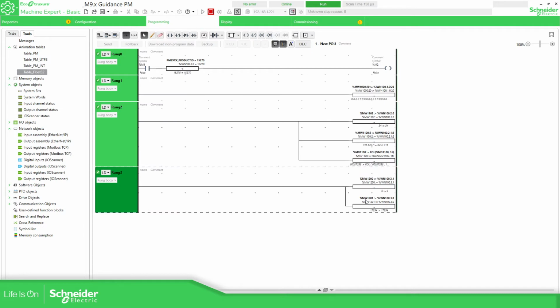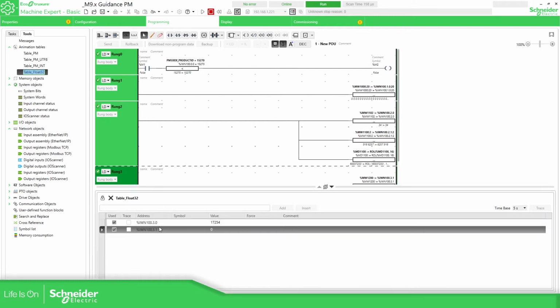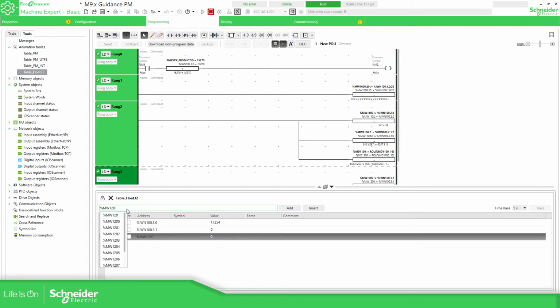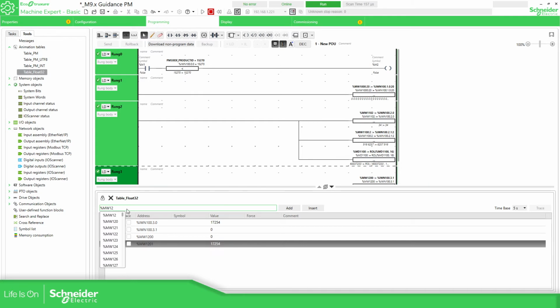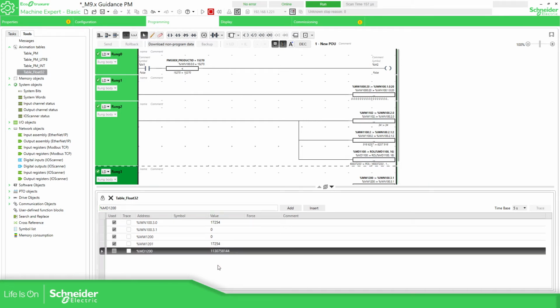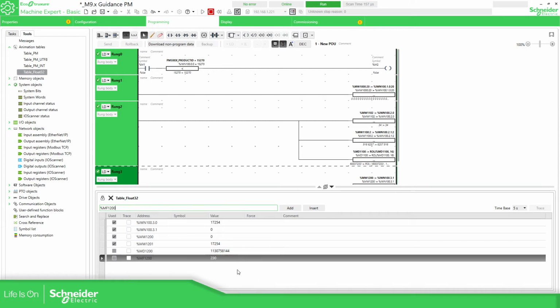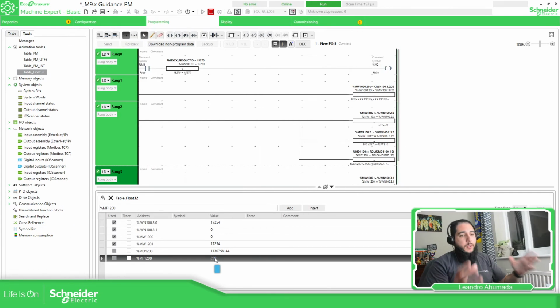So, if you take a look here, if you want to read the %MW, it doesn't make sense. For example, in the table, %MW 1200, %MD 1200, you can see nothing, but if we use the MF like this, the information is correct